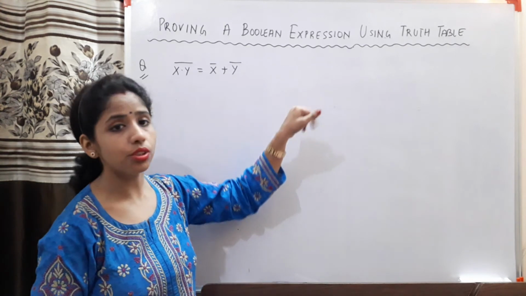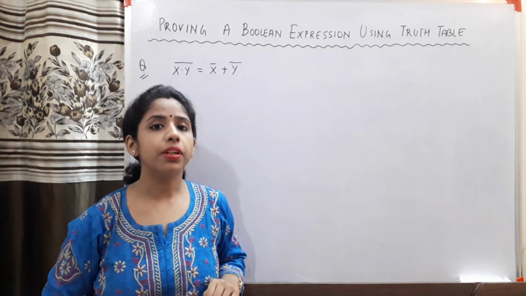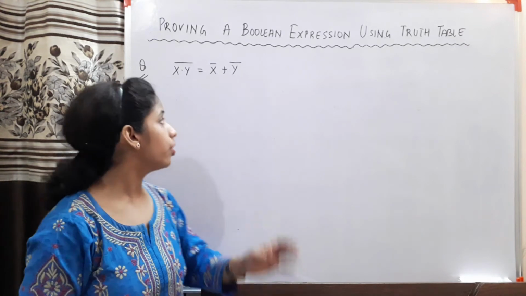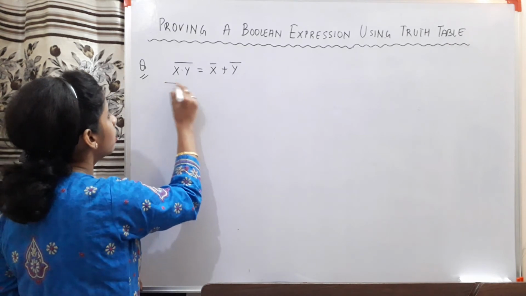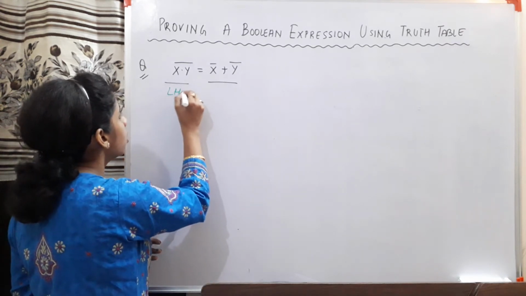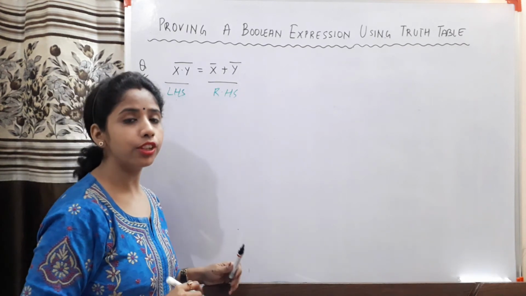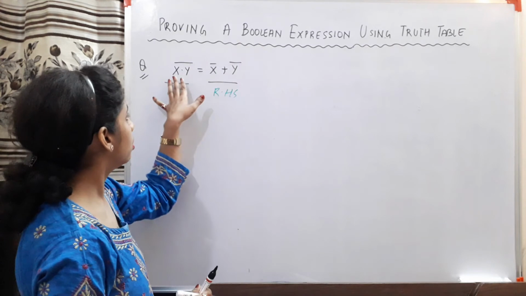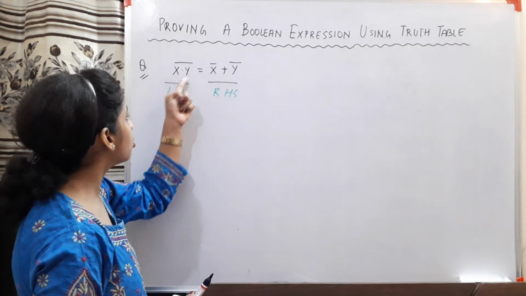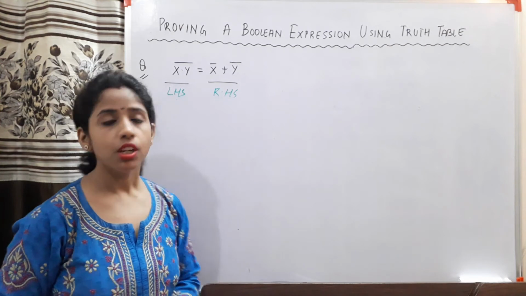Okay. Now children, the next type of question that can be asked from the same logic, that is truth table, is to prove a Boolean expression using truth table. And in that case what will happen, you will be given an equation kind of a thing, and within which you will have a left hand side and right hand side. Okay, and you have to prove that this left hand side term is equal to the right hand side expression. Clear? So for this what we do, we make truth table for these two individually. Okay, and then we prove that the result of this term and the result of this term are equal, and hence the expression is proved. So let us solve this one.